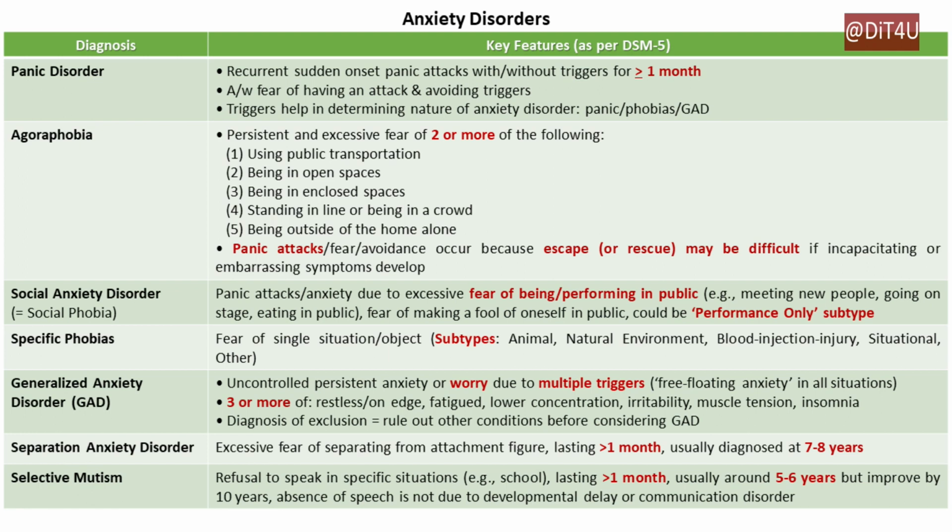Selective mutism: refusal to speak in specific situations, again school, not speaking at school but speaking very well at home, lasting for more than a month, usually around 5 to 6 years, but improves by 10 years. Absence of speech, remember, it should not be secondary to any developmental delay such as mental retardation or a communication